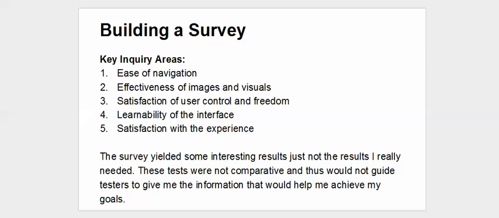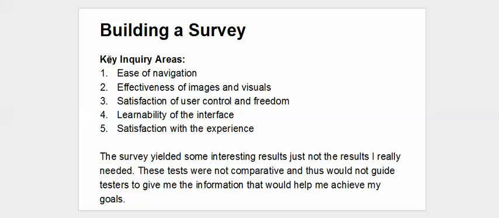So my first step was to decide on a methodology, and I decided through some interviews and asking around different people that a personal interview face-to-face would probably be best to get me good feedback. And the second inquiry that I did was to build a survey or a test survey that